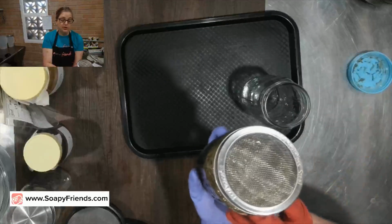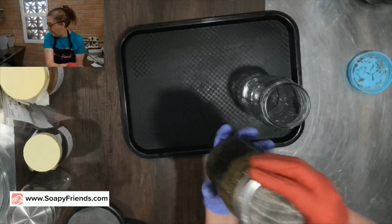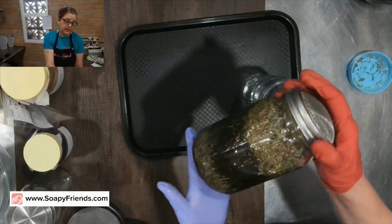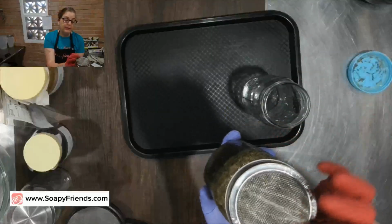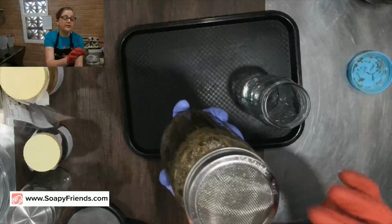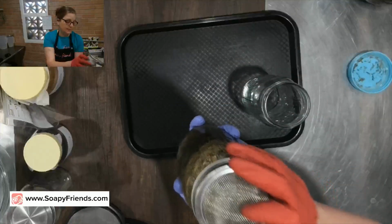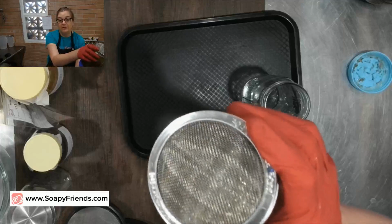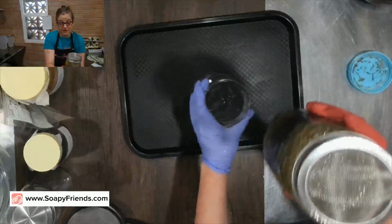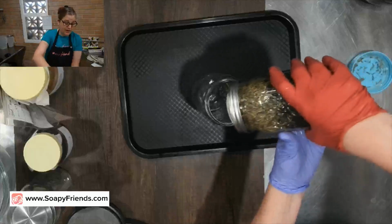So I'm going to go ahead and strain this all out. I have about, I think it's a gallon of oil I need to strain out. This is the smallest one. And what I put on my mason jar lid here, this is pretty awesome. It's just one of those sprouting lids. It's awesome, and you can use it for making great sprouts. You can also use it to strain